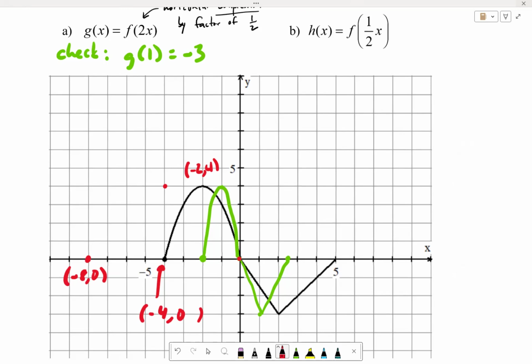Take my other key points. 2, negative 3 is going to become 4, negative 3. And then the last one, 5, 0 becomes 10, 0. Does that work like that? And now that we have our key points,